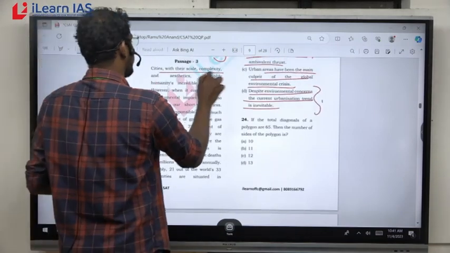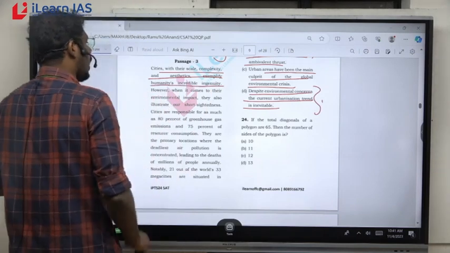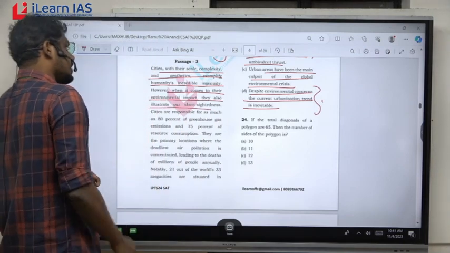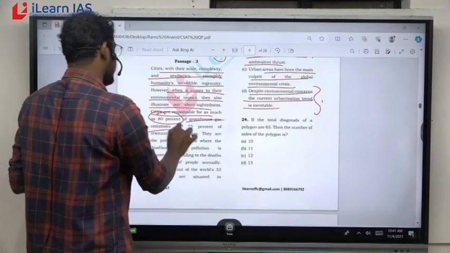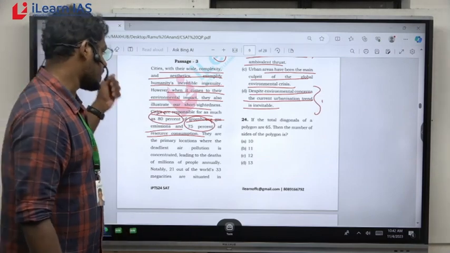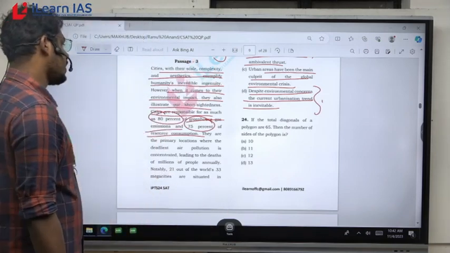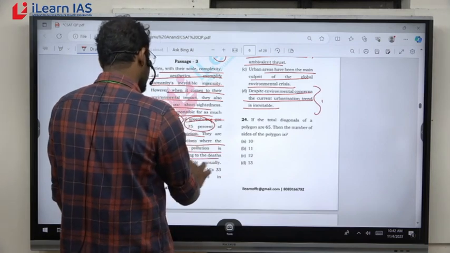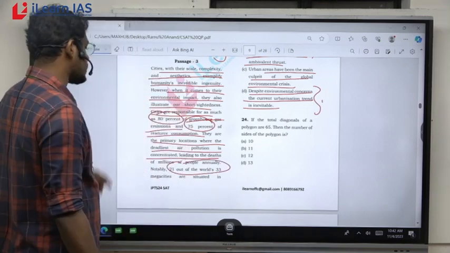Cities with a scale, complexity and aesthetics exemplify humanity's incredible ingenuity. However, when it comes to their environmental impact, they also illustrate our short-sightedness. Cities are responsible for as much as 80% of greenhouse gas emission and 70% of resource consumption. So the majority of greenhouse gas emission and resource consumption is done by urban areas. They are the primary locations where the deadliest air pollution is concentrated, leading to the death of millions of people annually. Notably, 21 out of all 33 mega cities are situated